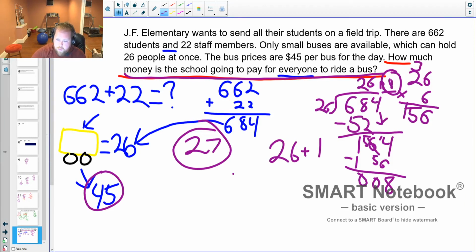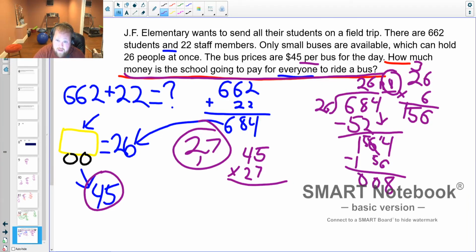Each, or per, means we are going to multiply. So our last step is 45 times 27. Remember, that's how many buses we need. Equals